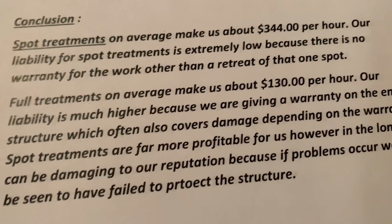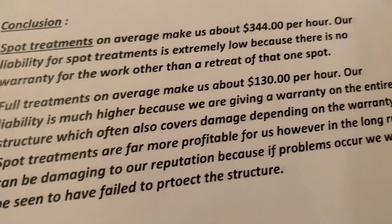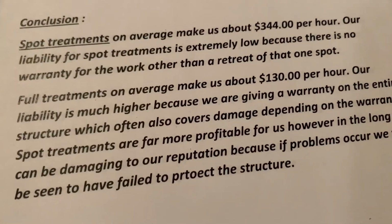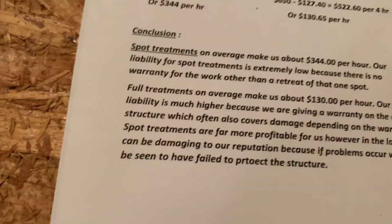Very often, though, it will cover damage, any future damage that occurs, which can be a big deal. Spot treatments are far more profitable, however, in the long run, can be damaging to our reputation because if problems occur, we will be the ones that get the blame. So what I mean by that is we can make more money by doing a bunch of spot treatments, but